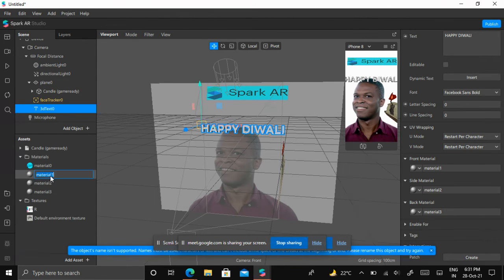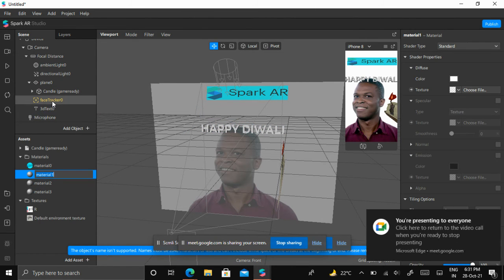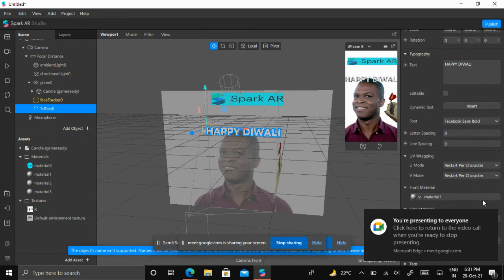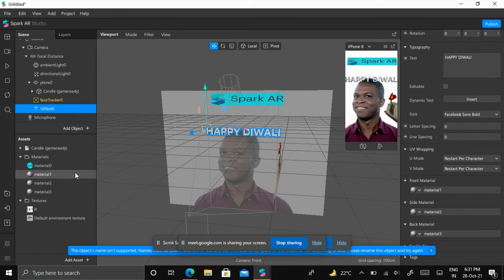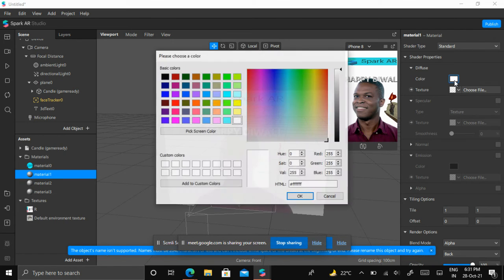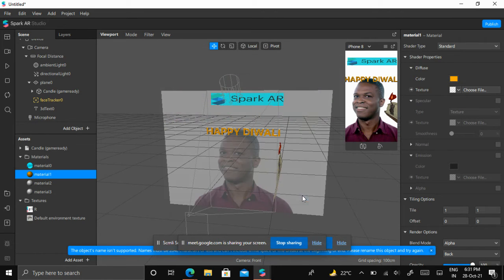So we can see this is material one. We can see this is a front material, this is a side material, this is a back material. We can change the color of these materials too. See, by clicking on the front material one, I can change this. Suppose I say orange color. We can see this one as orange color, so click on OK.